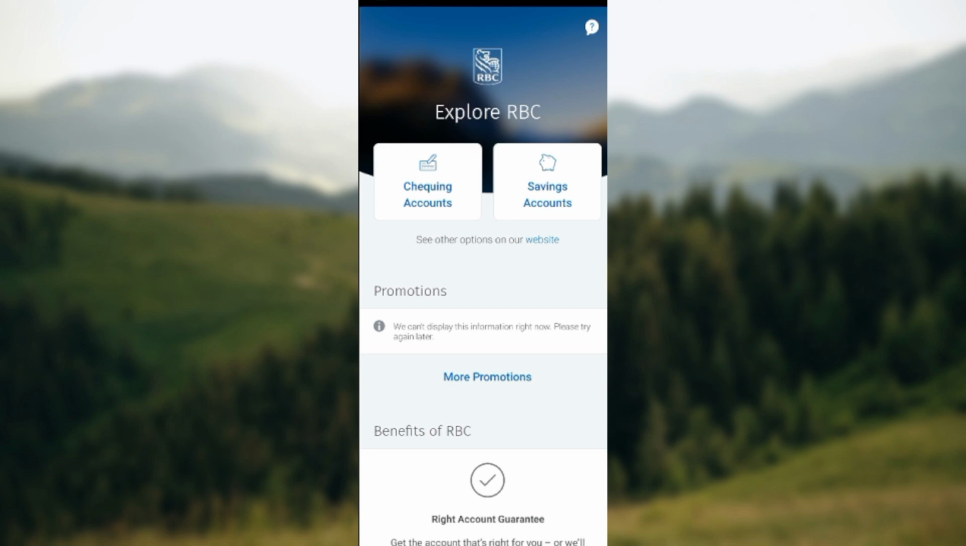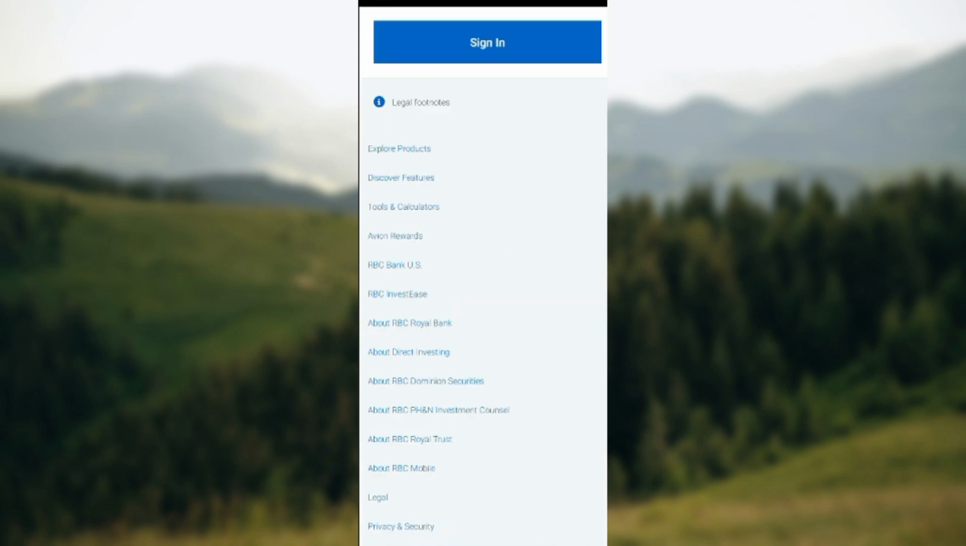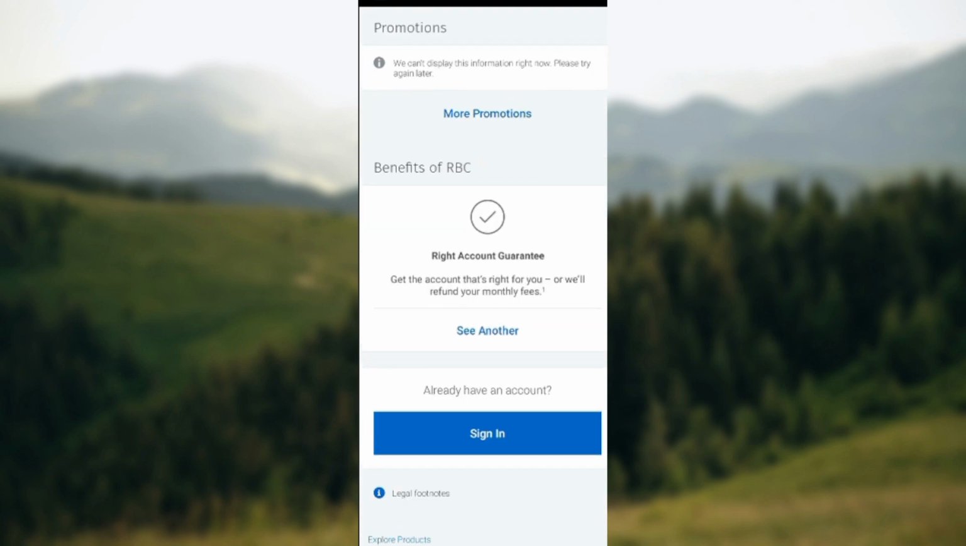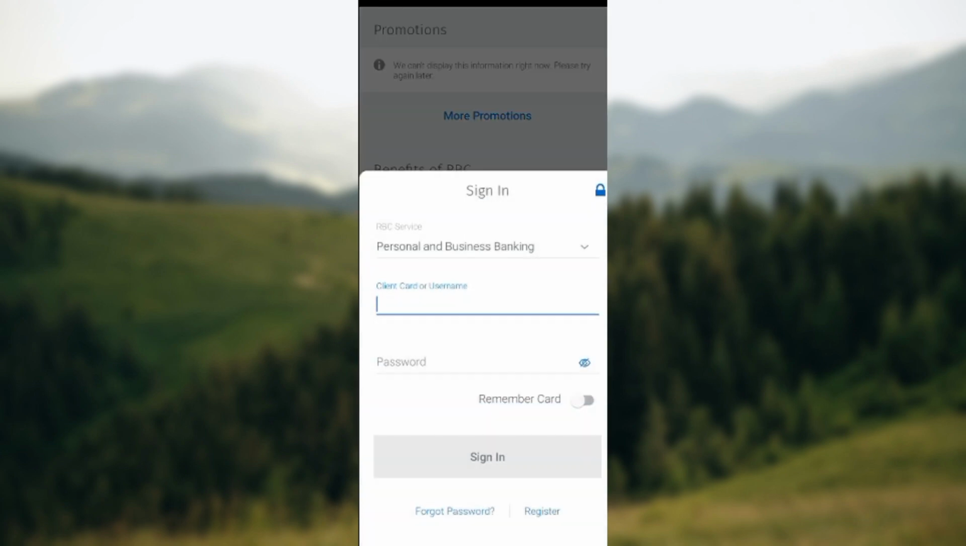Once you're on this interface, next thing for you to do is to scroll down and click on the sign in option. Okay, so once you click on sign in, a box will be displayed asking you to sign in using your username and then your password. Just go ahead, sign in, and once you've signed in and you're on your accounts page,